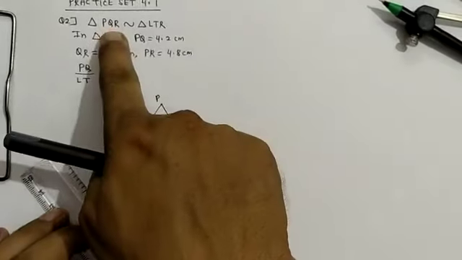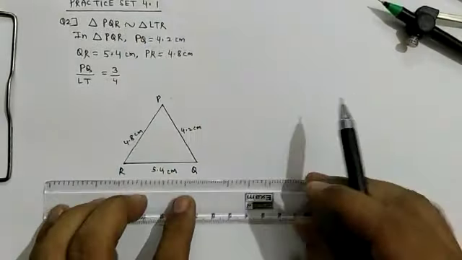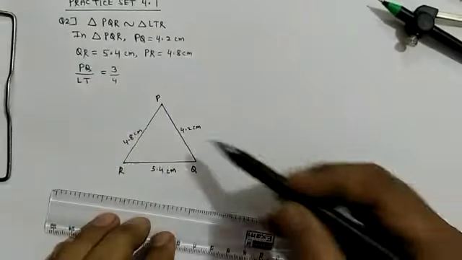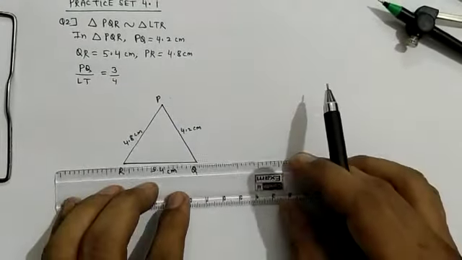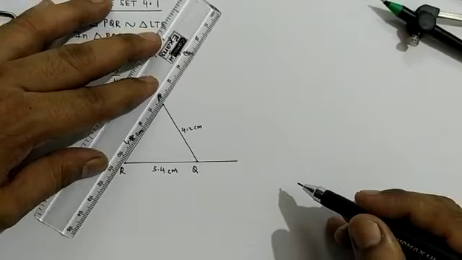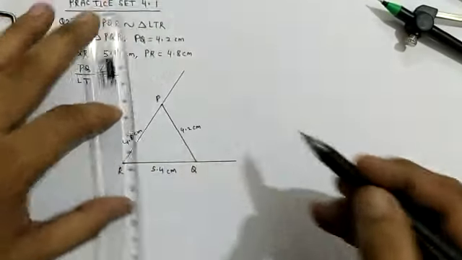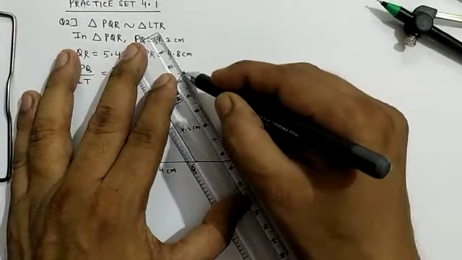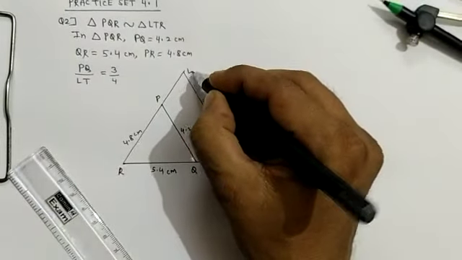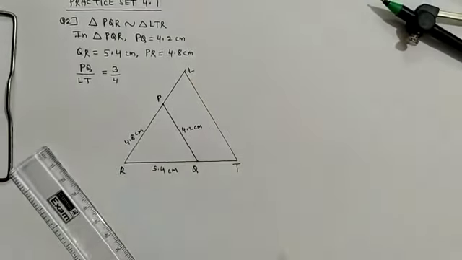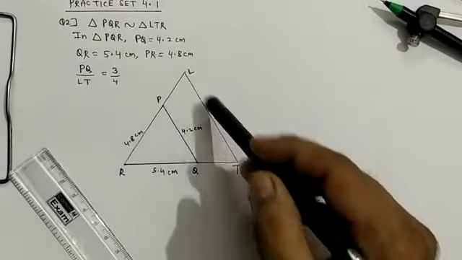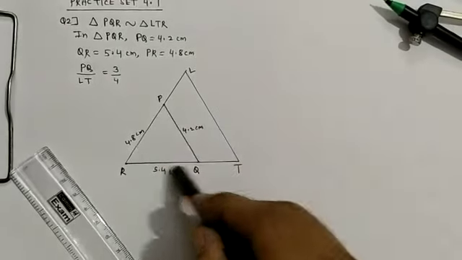But now PQR is similar to LTR, and the other triangle will be outside this because the ratio PQ upon LT is 3/4. So this is PQ, and LT will come outside. Just extend this. This is a rough figure, students. So this triangle is PQR and now L will come here, LTR, and this is PQR. First we'll construct triangle PQR, then we'll go for constructing LTR. Yes, you all can do the rough figure.